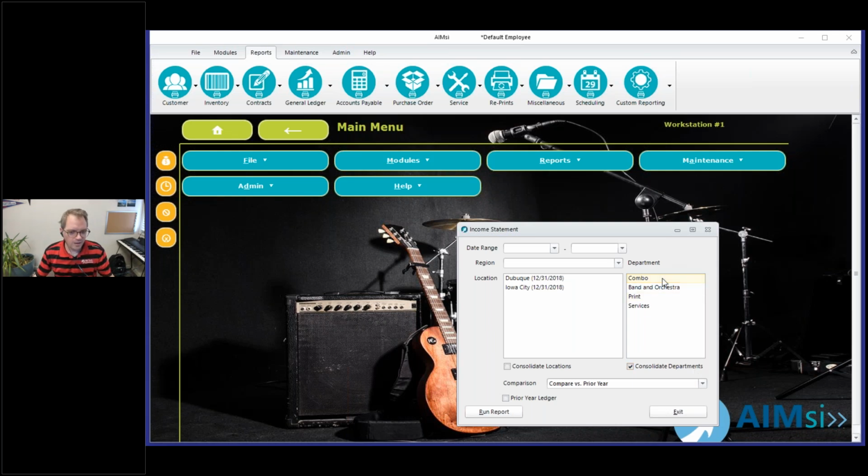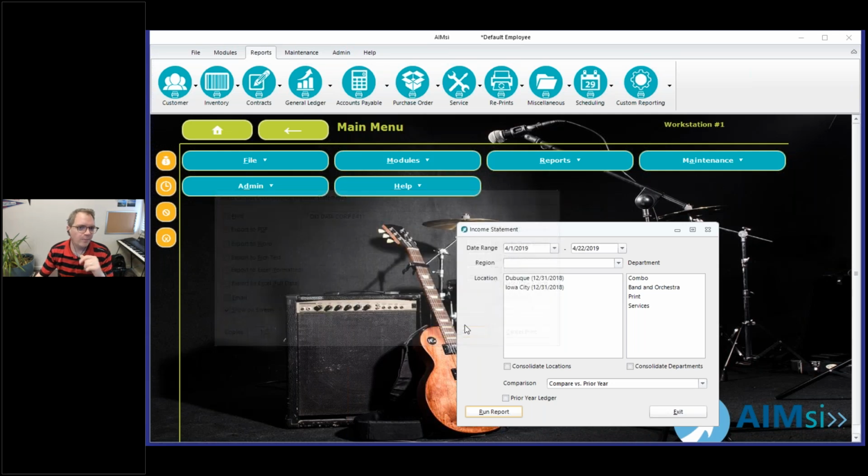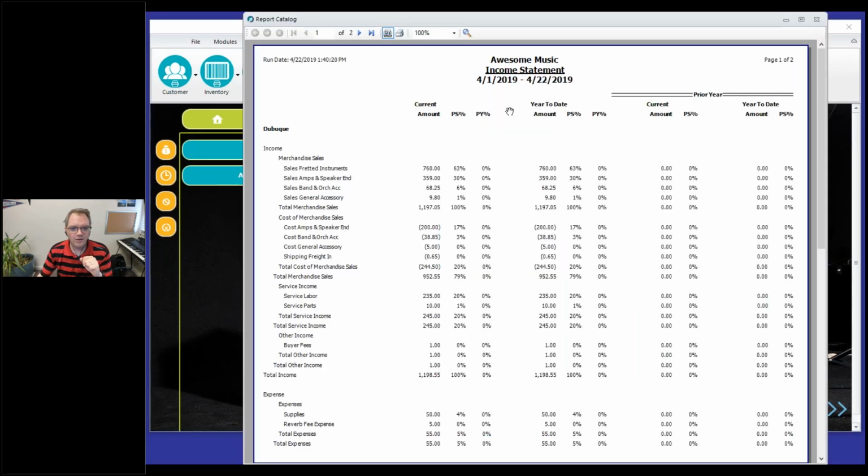Kind of an extension of that question is, well, what if I just don't select a department? Well, technically you're then running it for all departments, just like if you don't select a location, you're running it for all locations. So if you ran it for no department selected, no location selected, and you didn't consolidate, then basically what you would get, if I just get this up on screen as an example, essentially what you would see is, in this particular instance, this is the Dubuque